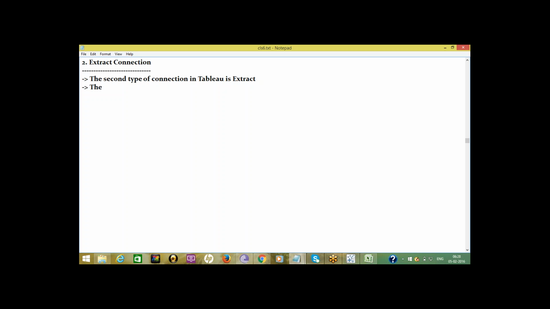Okay, the extract connection first connects to the data source, and takes the snapshot of the data source and places the snapshot into the Tableau data engine.